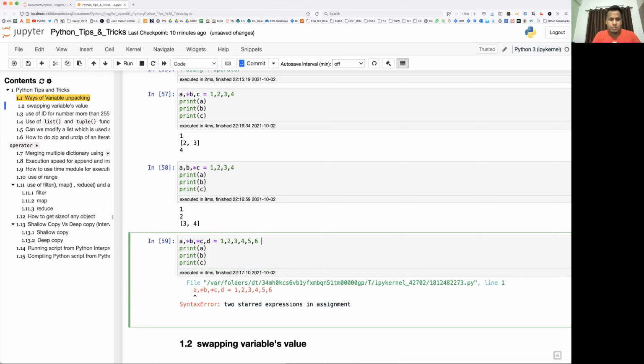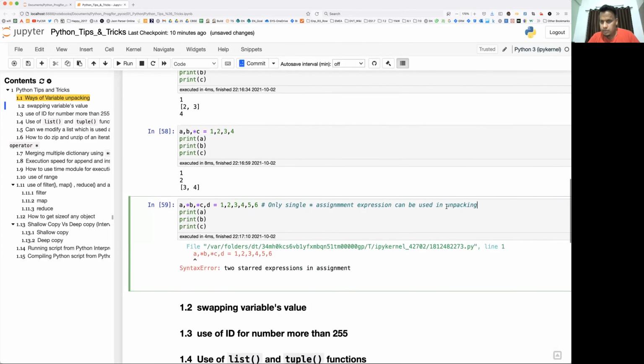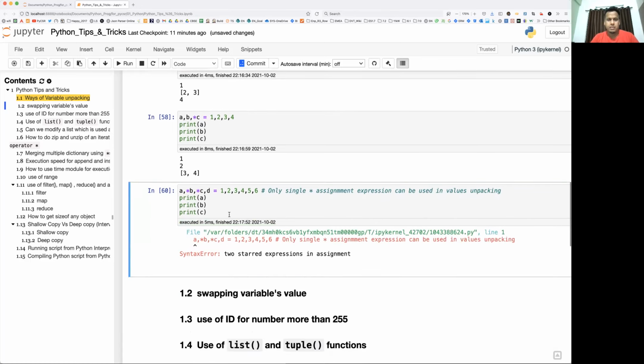I'll just mention here: only single star assignment in unpacking. Remember, this is what you can refer to while doing the assignment.